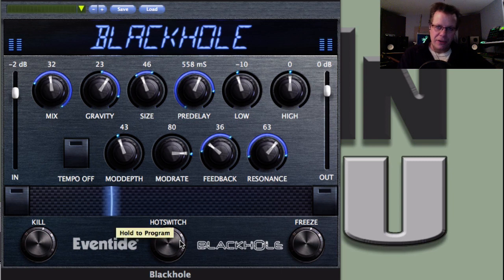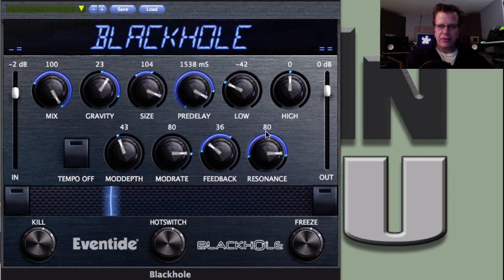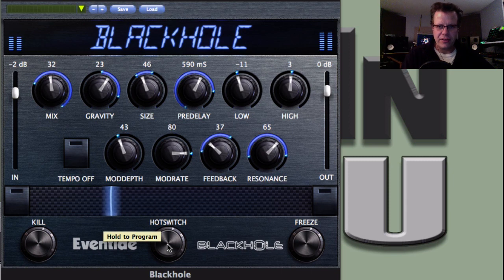There's also what they call the hot switch, which is to immediately change, and you can hold down on this for a couple seconds till it flashes, and just move everything. Get lots of resonance, lots of feedback, make it sound really bizarre. Some highs, maybe some lows. Just make it really weird, right? So now while it's playing, when I hit the switch,